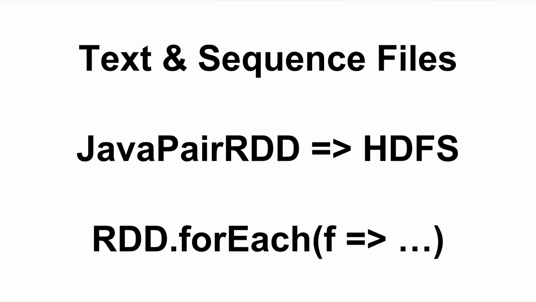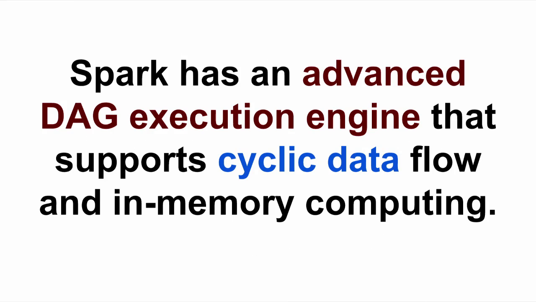So I'm going to apply this function, and when I'm applying this function, it's going to write out to an external system. Obviously, you're going to have to worry about scalability and denial of service attacks, but it's there if you need it. And so we've now talked about that DAG part. We've built the RDDs. We know how the DAG works and how it flows. So how does the cyclical data work?